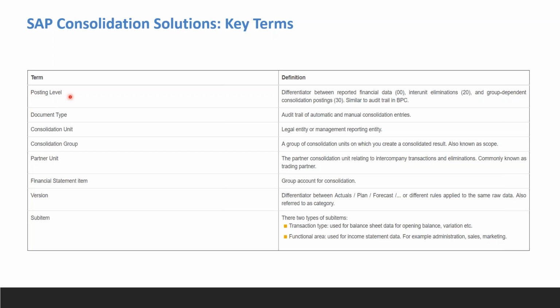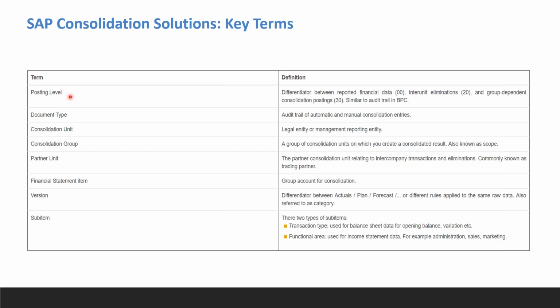And financial statement item. In FI, we call it a GL account, an operational chart of accounts GL account. In group reporting, we call it a financial statement item. So it is N to 1. Multiple operational accounts can be assigned to one FS item. We may have different GL accounts for customers, like one-time customers, domestic customers or foreign customers. So we may have different reconciliation accounts for customers, and we assign all those reconciliation accounts to one particular FS item.